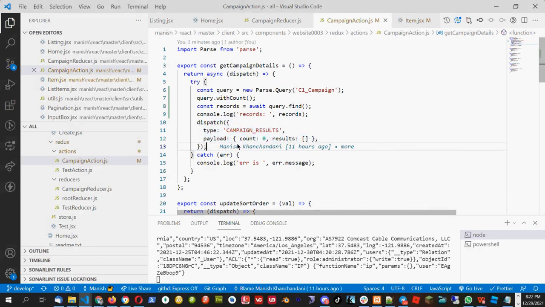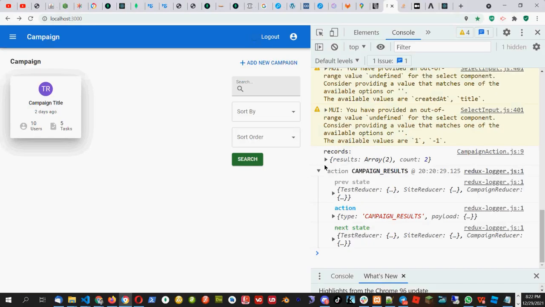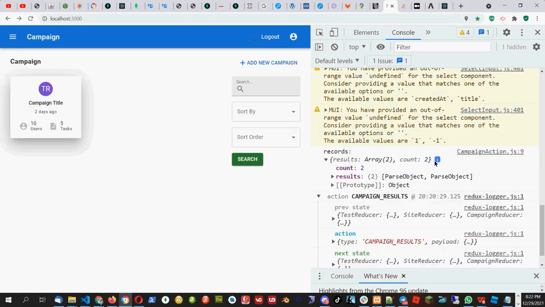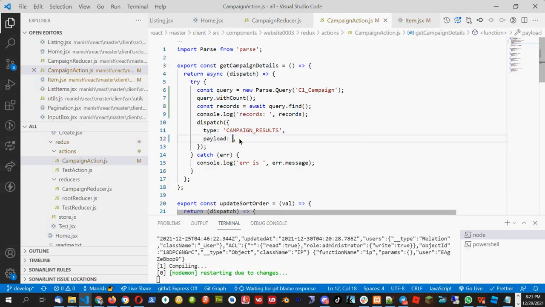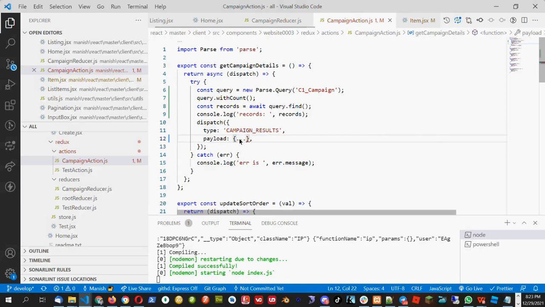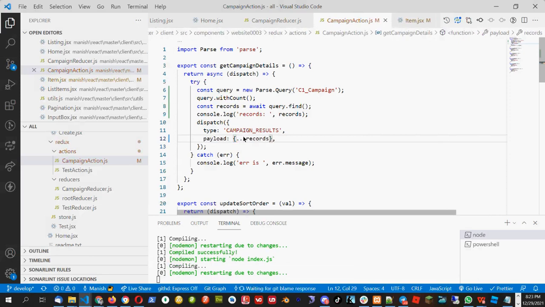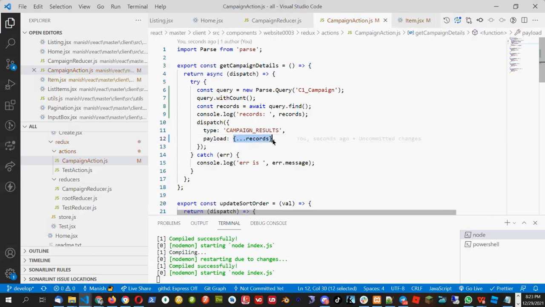So the thing is that if you see the console, we are getting results and count like this, which is similar to what we have here. That means I have to take these records and put them here. In this case, you can also destructure it like this, but that is not needed, though that will also work.